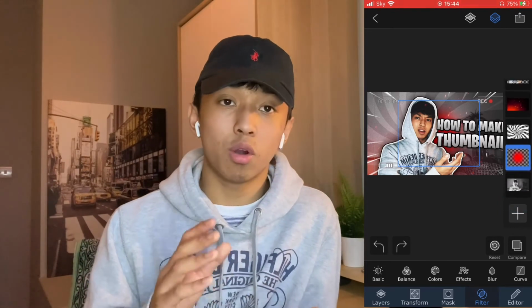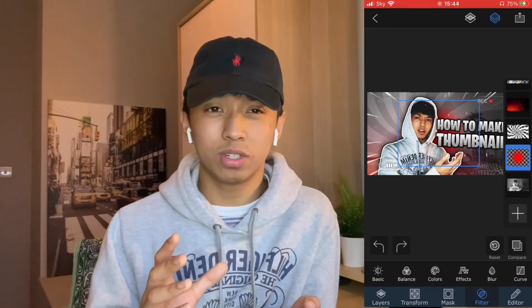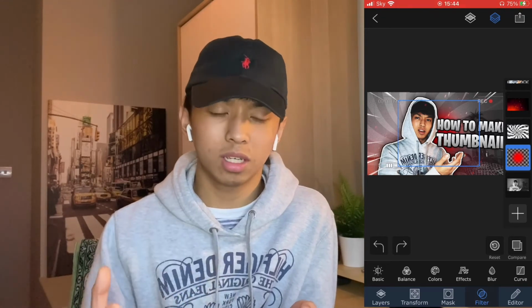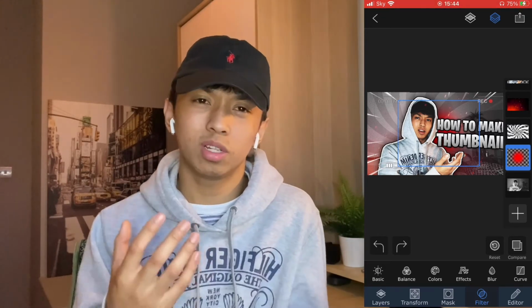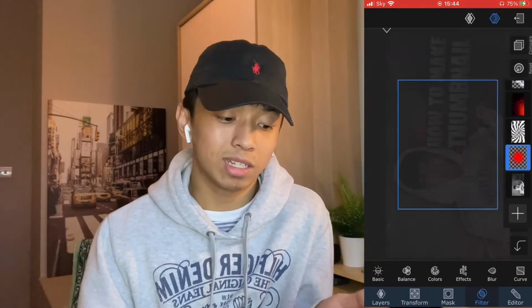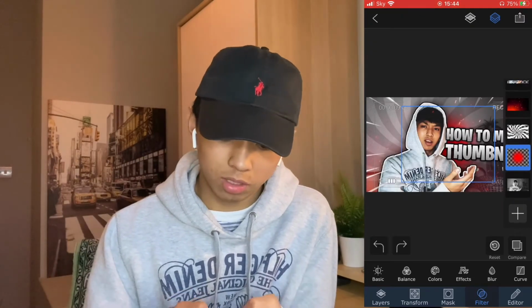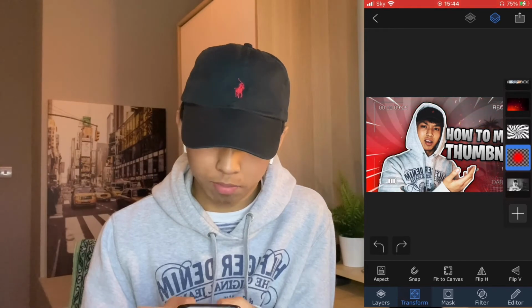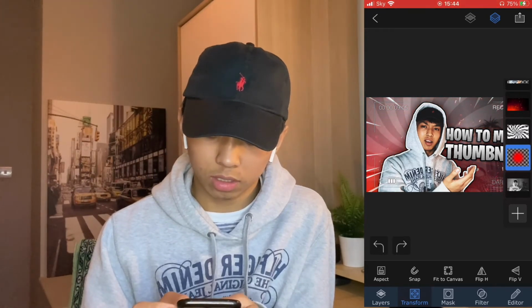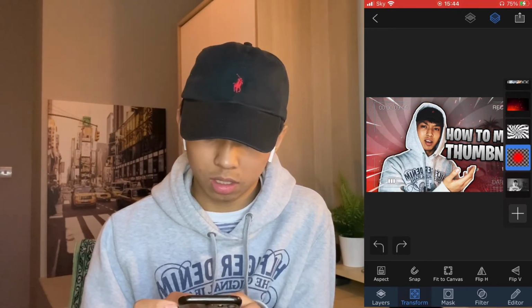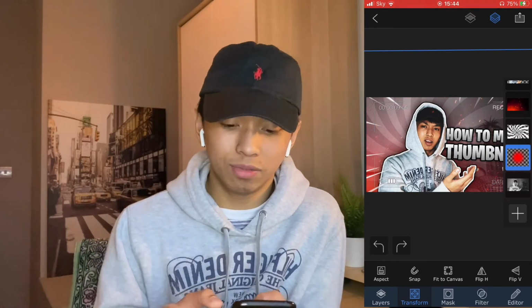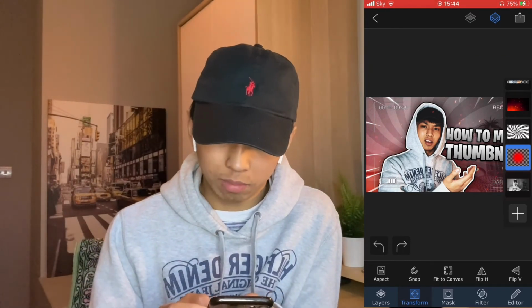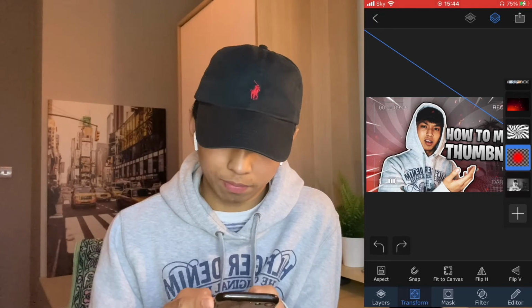Just make sure it's over the original layer, the one you duplicated. You're gonna have it over that, because you don't want it hidden behind. What's the point of adding it if you can't see it? And what you're gonna do is literally just make it big enough, but you're not gonna use the whole circle. You're gonna have just the blur of the edge of it, just to make that photo pop,